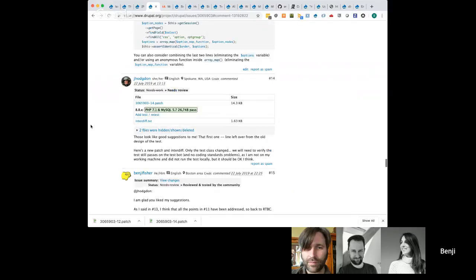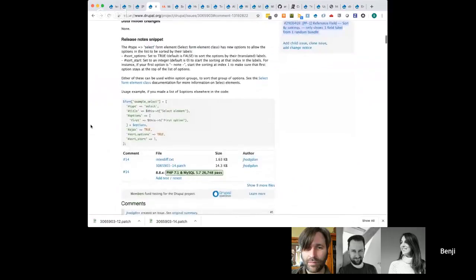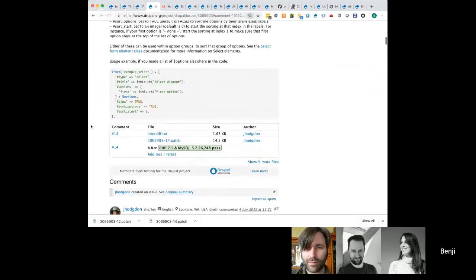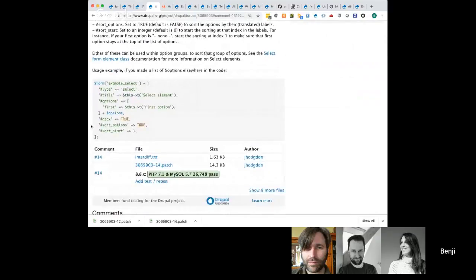Maybe actually I'll scroll back to the top, and let me zoom in a little bit. I think it's easier to read. For the code snippet, when you declare a form element to be type select, title and options are as before. The new options are sort options. And so here I'm declaring that I do want the options to be sorted. And sort start is 1, which means that this first option should stay at the top and all the others should be sorted. And then the proposal in comment 16